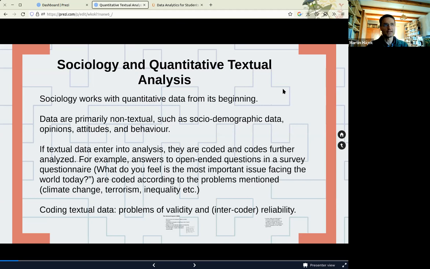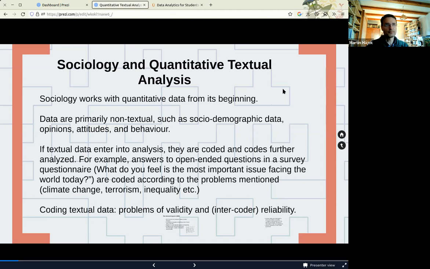The famous study of one of the founders of sociology, Emil Durkheim, was about suicide, and he used demographic statistics about different rates of suicide in different periods and for different groups, religious groups, citizens of different countries. And he inferred findings and interpretation from statistics of these demographic data. So quantitative data are nothing new,